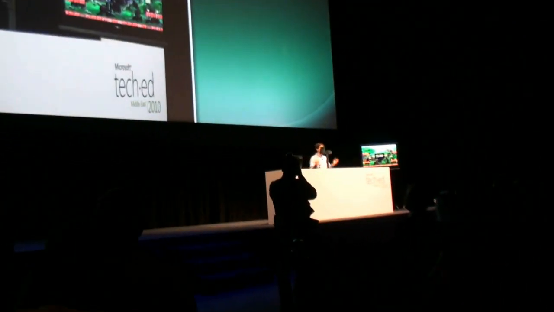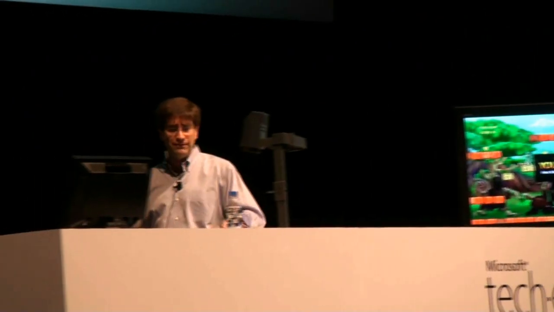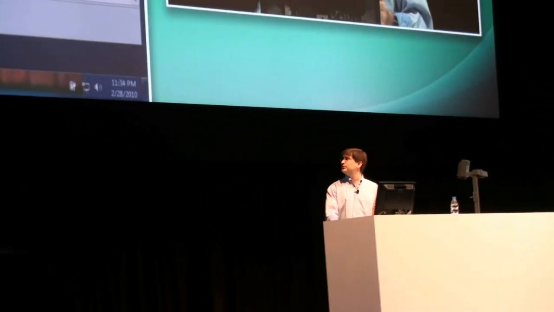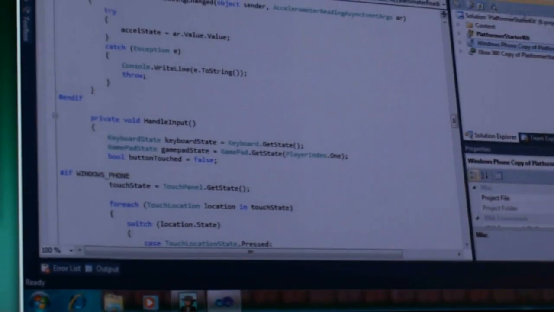So I have now one scenario. You can see it's a simple thing. In this case, it's an entertainment scenario. You've seen the productivity scenarios. But I have it on the PC, on an Xbox or a Media Center PC, and on a phone. What does it look like to do that as a developer? So if we can switch back to the Visual Studio machine, you can actually see one project.